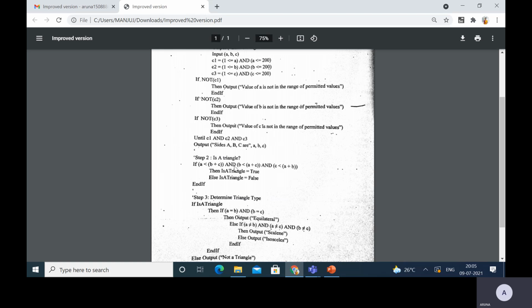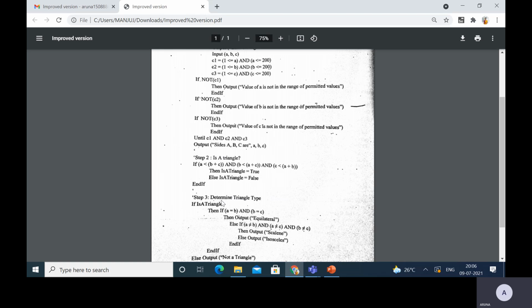Again, this condition also should be satisfied. B is 4, 4 less than 3 plus 5 is 8, and C is 5, 5 less than 3 plus 4 is 7. Condition true. Is a triangle is set to true.